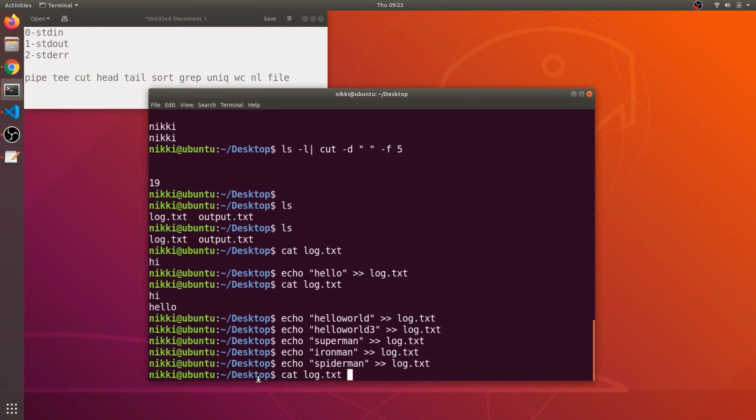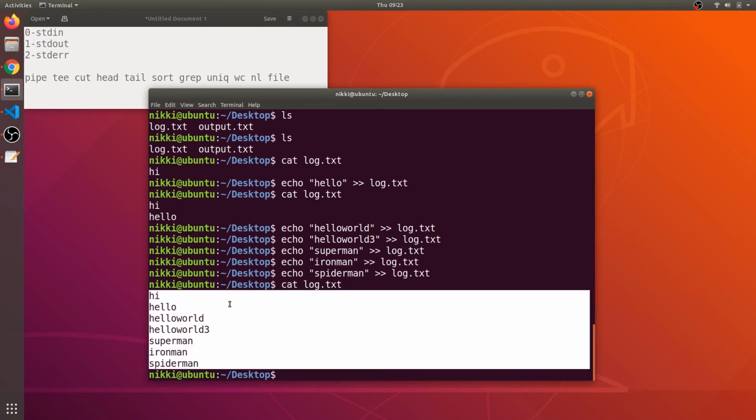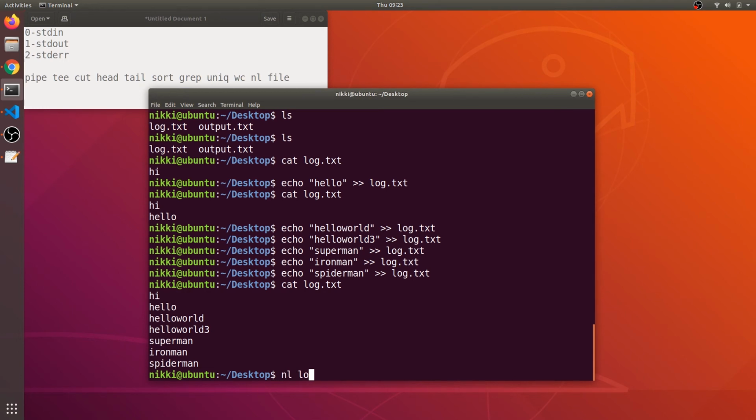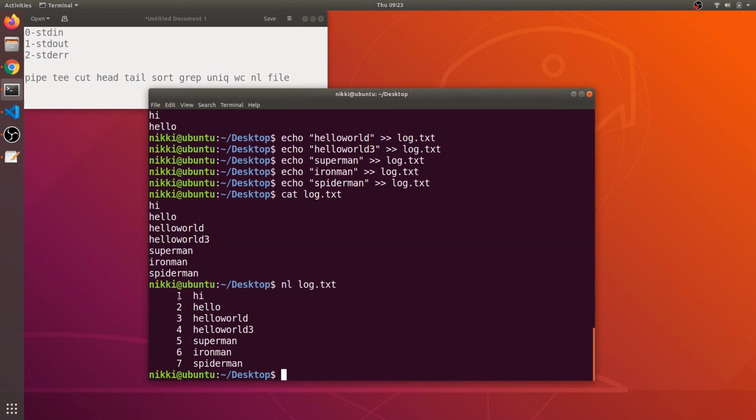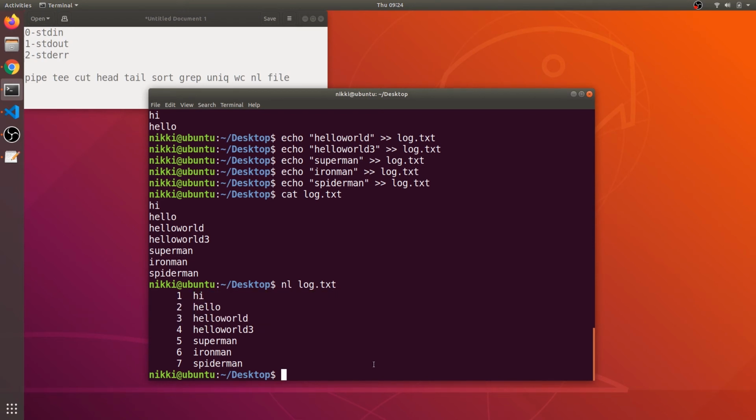Let me display the contents of the log file. Now we have got these lines, and if you want to display the line numbers, you can say nl log.txt, and it will display the line numbers, so we have 7 lines in our log.txt file. Now what the head command does is, it takes the first n number of lines and displays them.